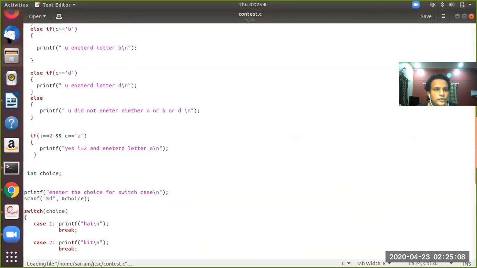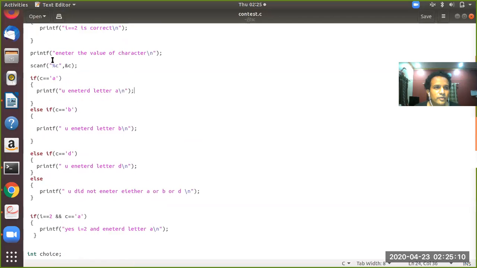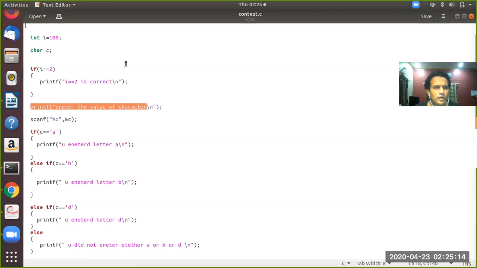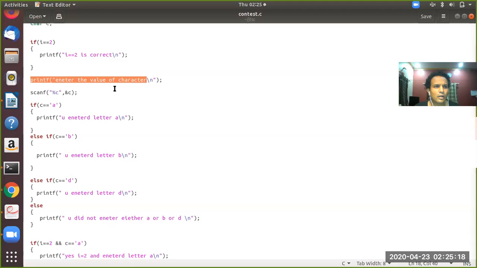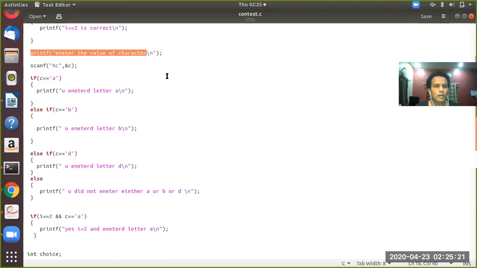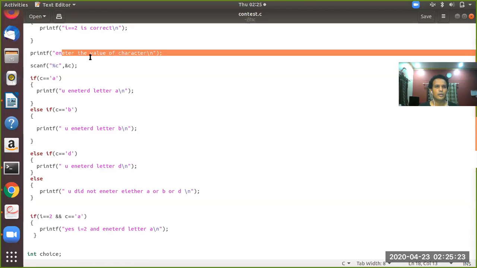Look here, I have used an if else statement like this. So printf: enter the character, and scan that to %c.